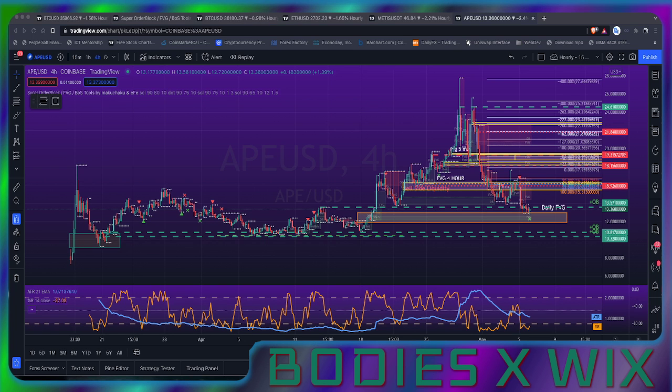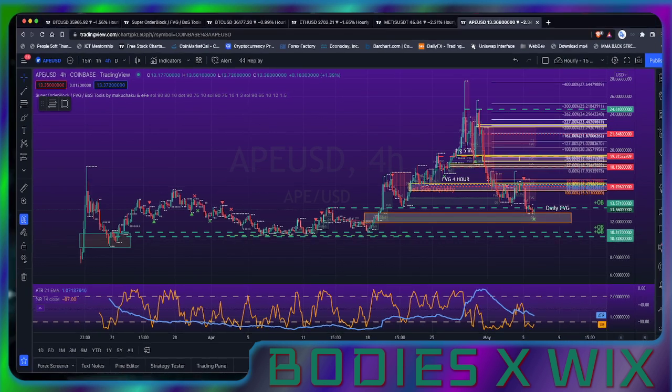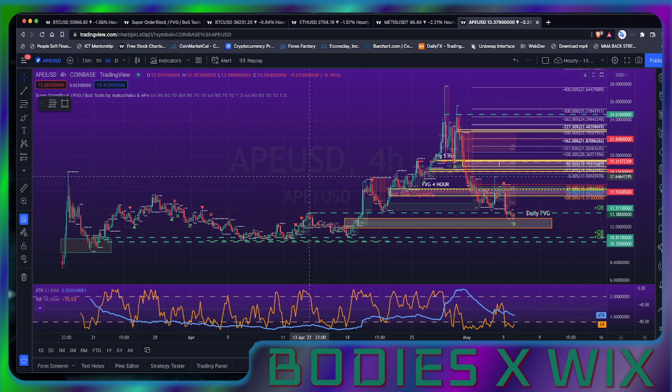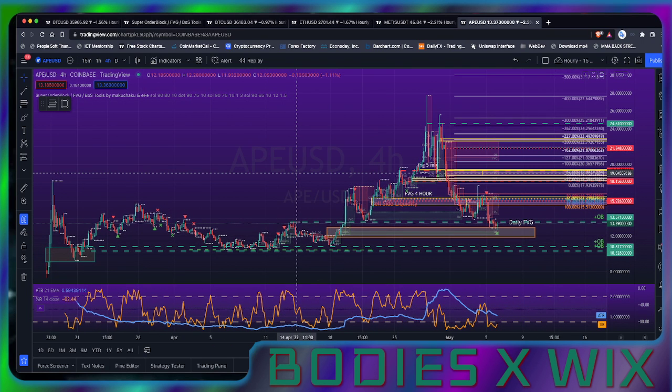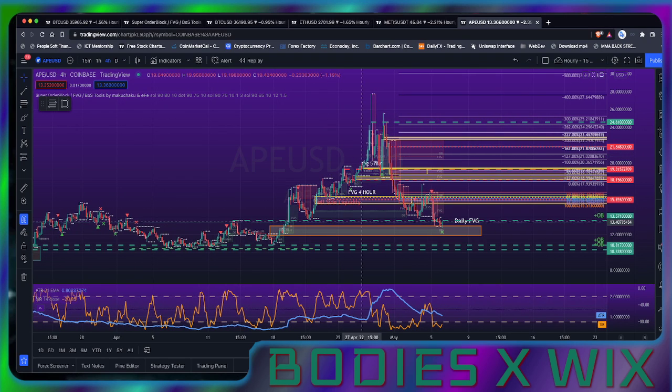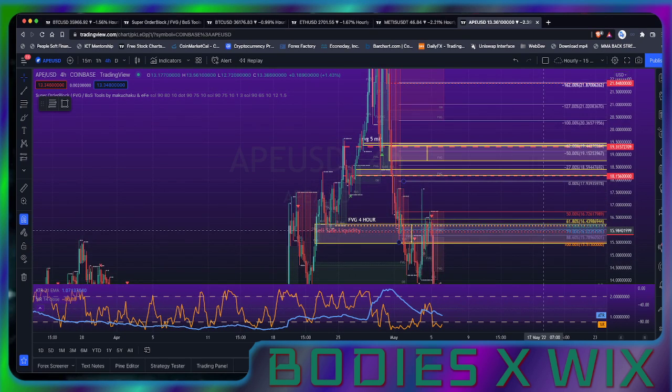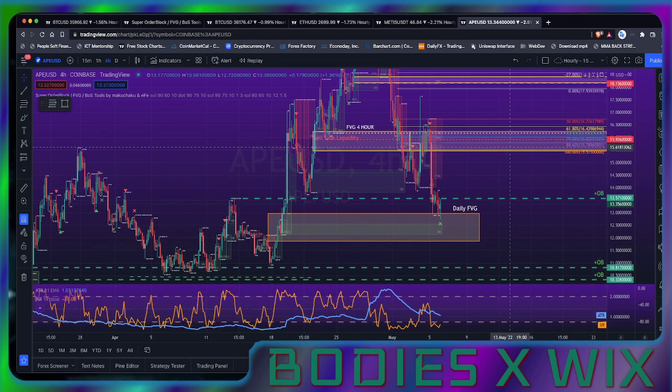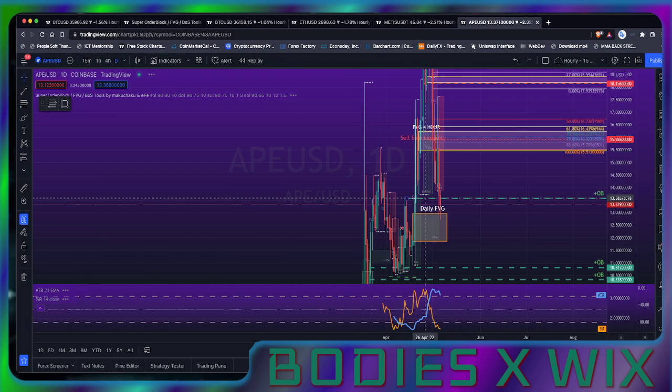And right now, what we're looking at is APE, which has been rather, I don't want to say violent. That's not the word, but I guess it was pretty violent there for a second. It just got kind of out of control, and has now fallen down into the daily fair value gap. So I'm right now on the 4 hour. If I change this to the daily,